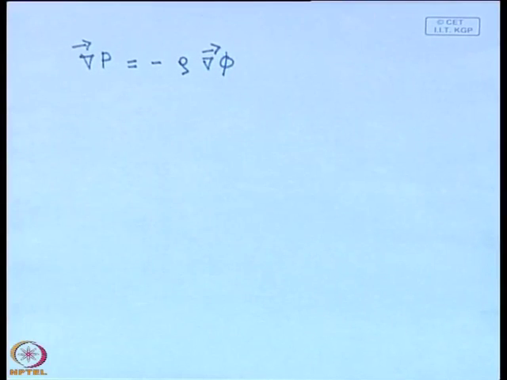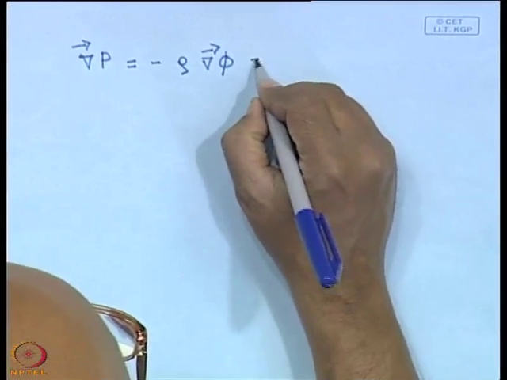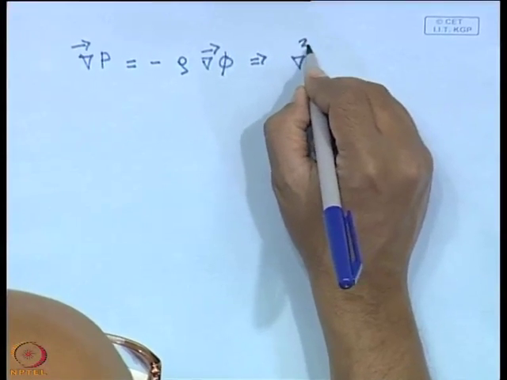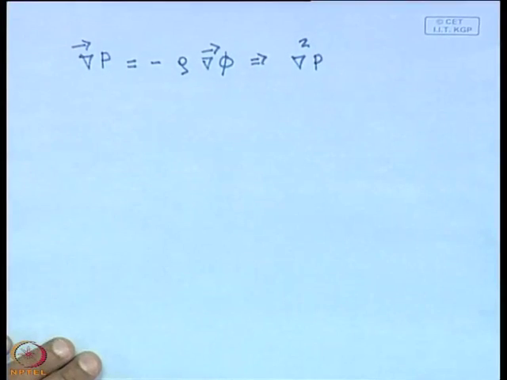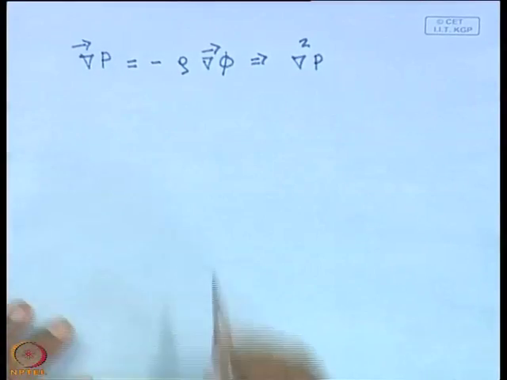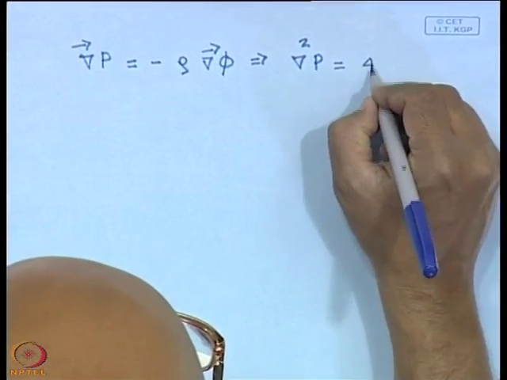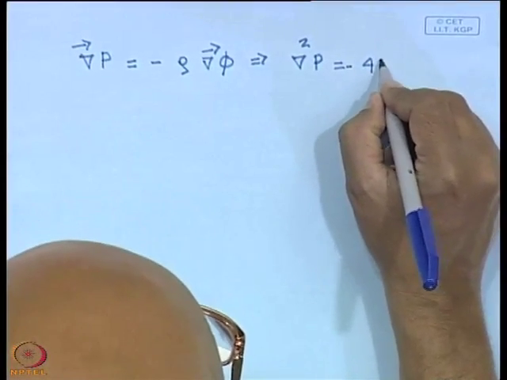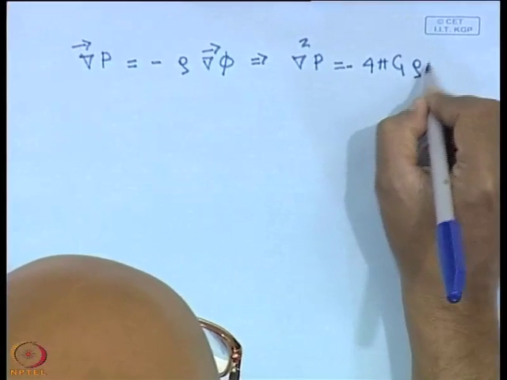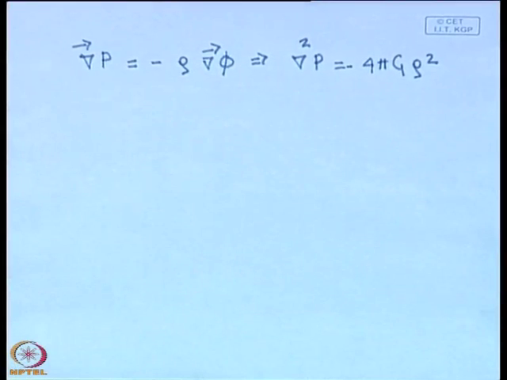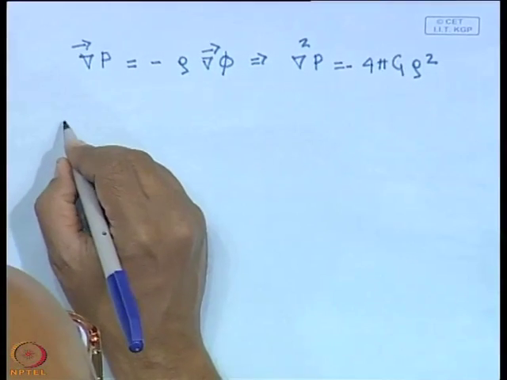Further, I could take a divergence of this, and we are led to the equation that del square P. Now, we have assumed that rho is a constant, so I can take it outside. So, I have del square of phi. So, this is equal to minus 4 pi g rho square. And we can write this in spherical polar coordinates. So, if I write it in spherical polar coordinates, what I have is 1 by r squared